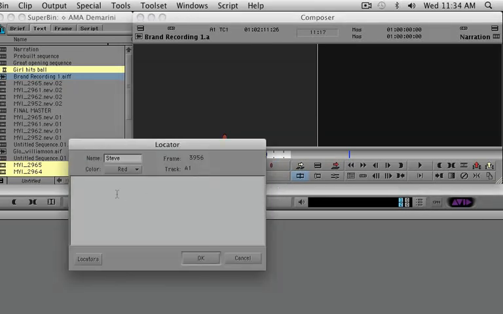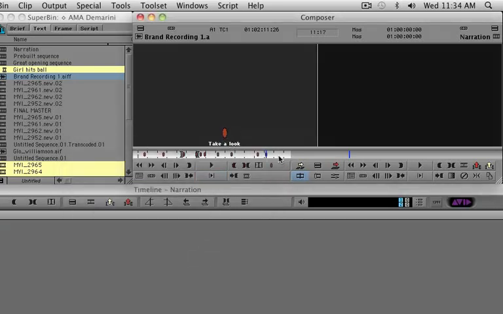If I want to add some information about that locator, I can. For example, I could say this is take a look. So it would be easy for me to go through these clips and find specifically, oh, that's the beginning of the take a look clip. Now, once we've done that, we want to start using these locators to do edits. The simple way to do that is I've marked basically an in and an out with these first two locators. If I place my timeline locator, which is this blue bar, in between them, now if I hit F8, it